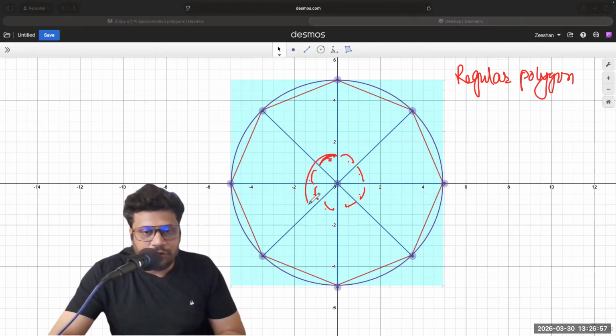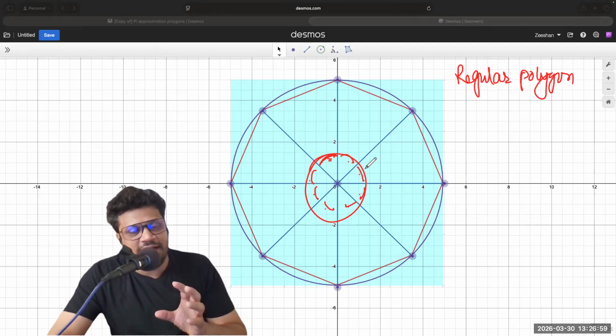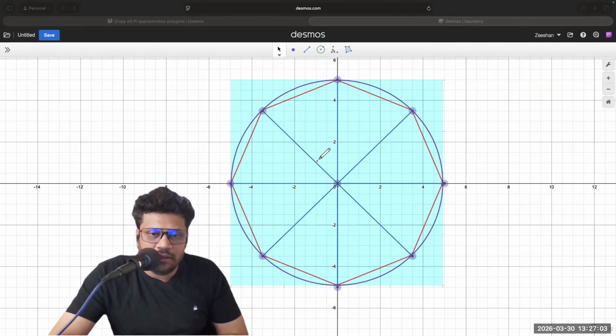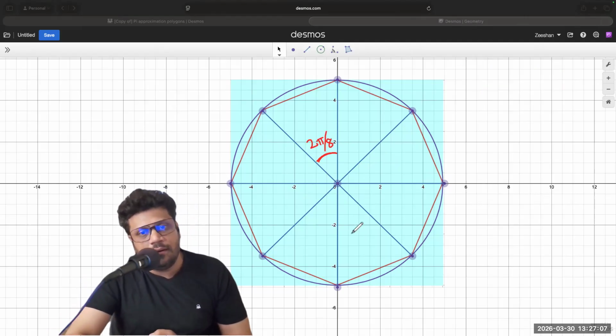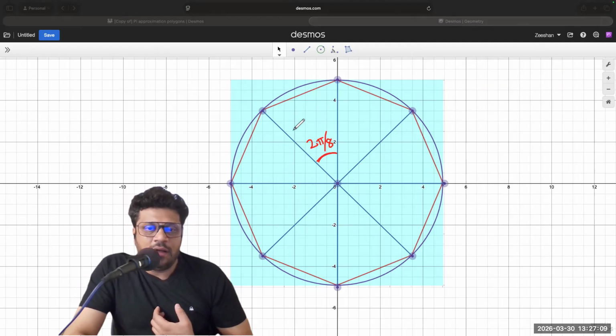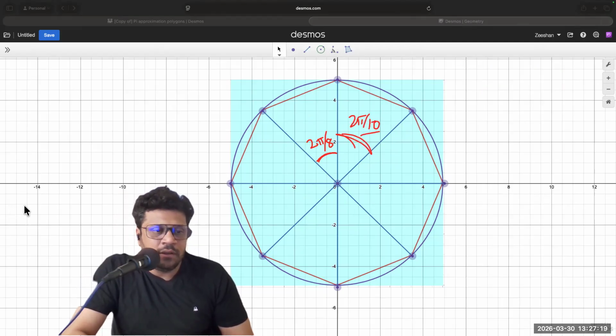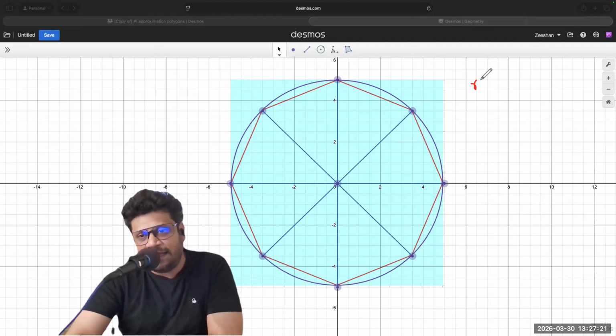and the total of it is 360 degrees or 2 pi radians. So one of them is actually 2 pi divided by 8. Okay. What if there were 9 or maybe 10 sides? In that case, this angle would have come out to be 2 pi divided by 10. Okay. So if there is an n-sided